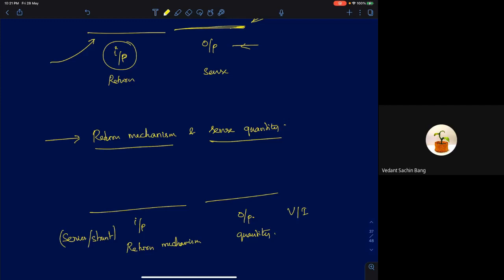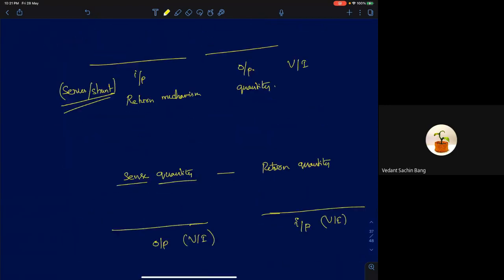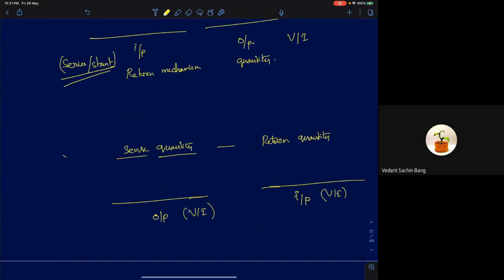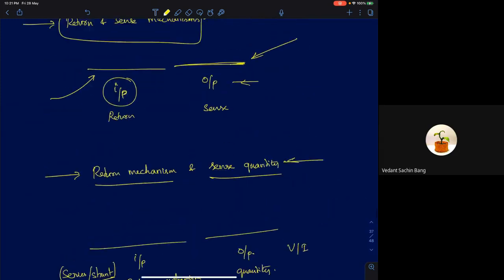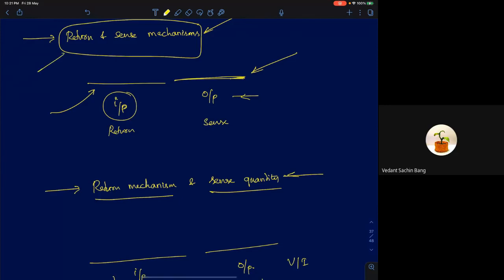So return here will be either series or shunt, and the sense terminology here will be the quantity, so it will be either voltage or current. We won't mention the mechanism, but directly mention the quantity itself. The third naming convention is used in some textbooks, but the first two are more popularly used: return and sense mechanism, and return mechanism and sense quantity.